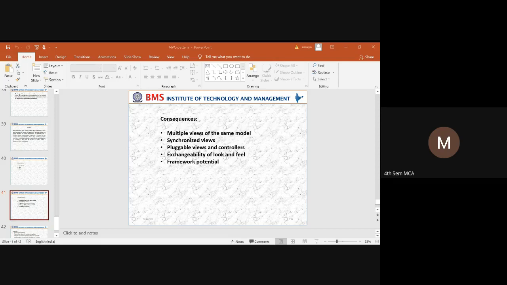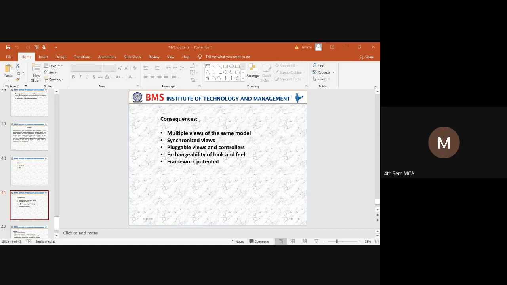And the next thing is pluggable views and controllers. Here we are trying to use a different conceptual separation of the MVC pattern. We are looking at three different components, so if anything happens, it should be in the form of a replaceable.